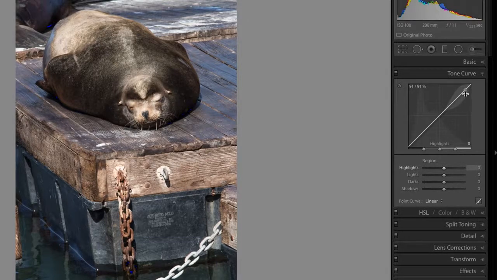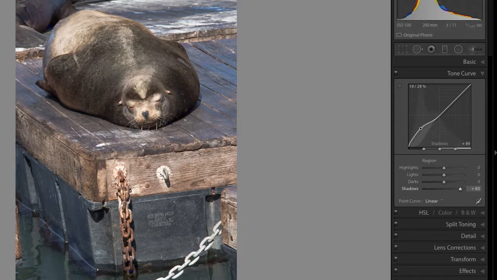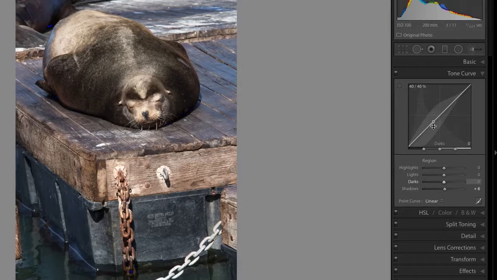If you're not comfortable with curves, don't worry about it. We will work with it a bit more. Curves does take a bit to understand and to truly figure out what you're doing with it. So it does take a little bit of time, but if you are used to curves, you will like the tone curve panel. If you're used to curves, how Photoshop does it,